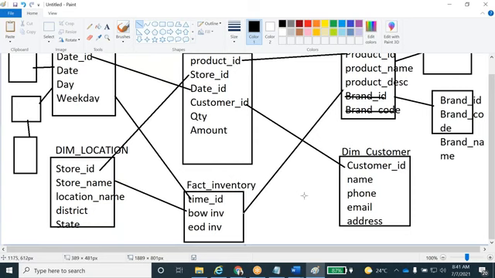For example, say dim employee is there. They won't split dim employee into multiple dimensions, because it is small information in the employee table. But the customer table, maybe they are going to split: address, email address, contact information into separate tables. Or customer ID and customer name into separate tables like that.